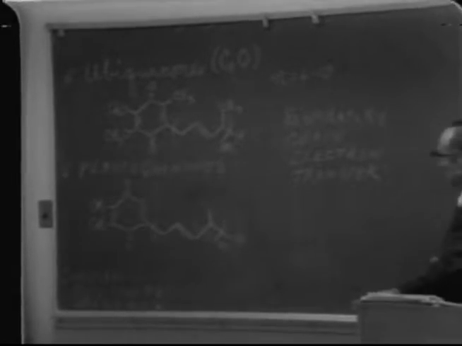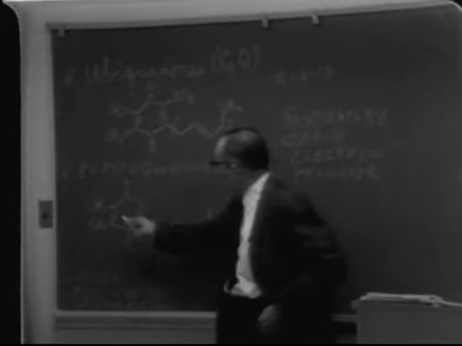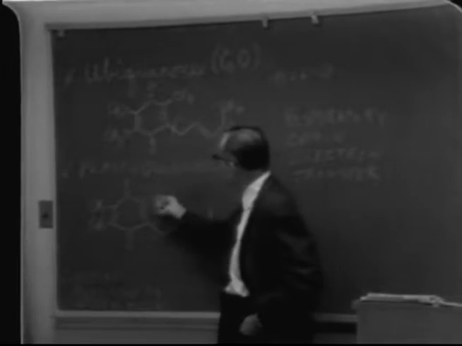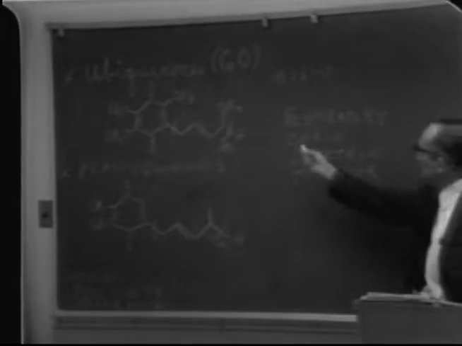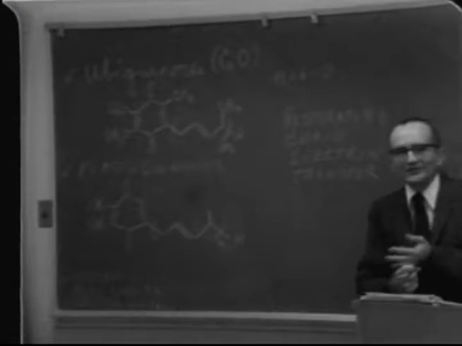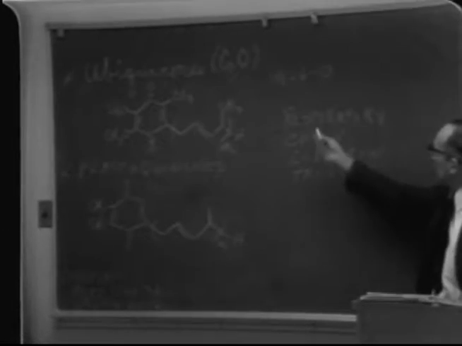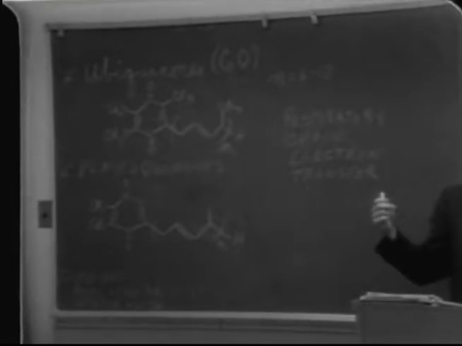The plastoquinones are superficially quite similar, except with methyl groups instead of methoxy groups and lacking a substituent in one position. The ubiquinones have been found in every living system looked at, except, the last I knew, gram-positive bacteria and blue-green algae. But animals, plants, and other bacteria that have been looked at do contain them, and they are important respiratory chain participants in the electron transfer series of reactions.